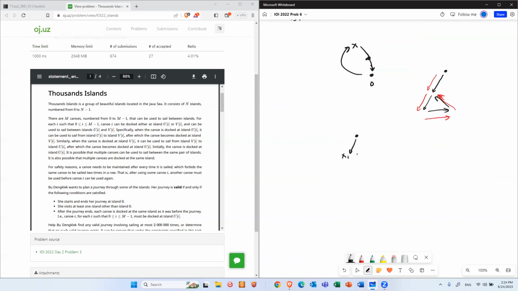Let's say X1. If X1 has at least two paths, which based on the previous way we know you can go there and return here, then you take this boat, then go back, right? So you're set. If this one only has